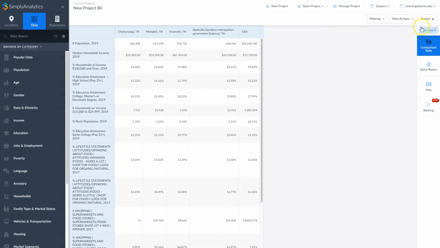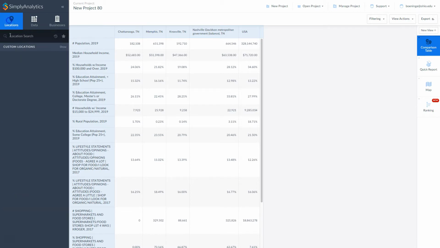What's nice about this is you can also go up here once you're satisfied with your table and export the data here in the table as an Excel or CSV file for manipulation later. So it's a great way that you can kind of look at information like that. Okay. Should you like to add additional locations there,